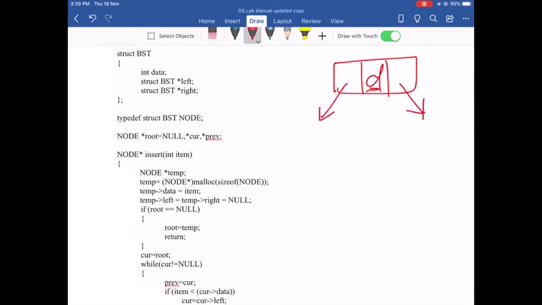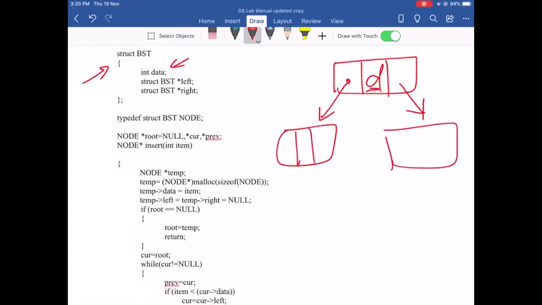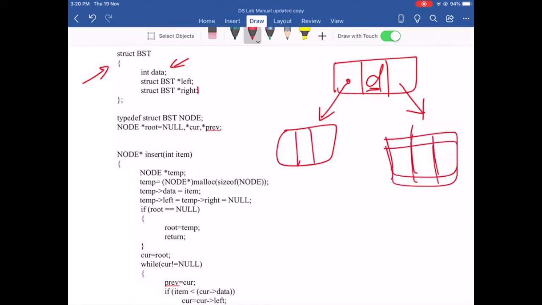This is defined by using this particular structure, wherein you have one data field in which you are storing an integer number, one link to another node, that is your left child, and another link to the right child. Since it is a link or a pointer, you are using a star, or an asterisk, to indicate that it is a pointer type.